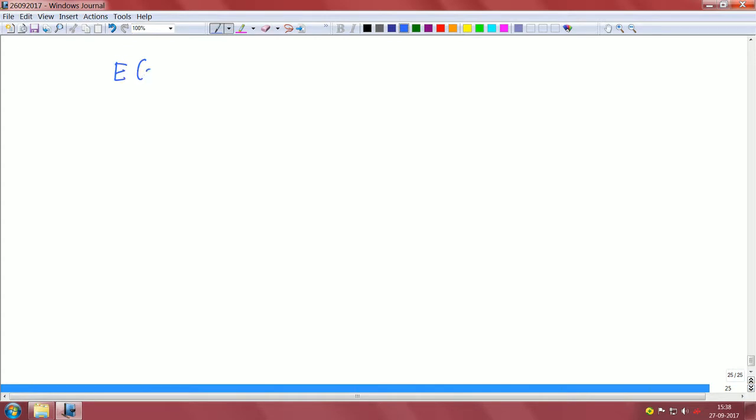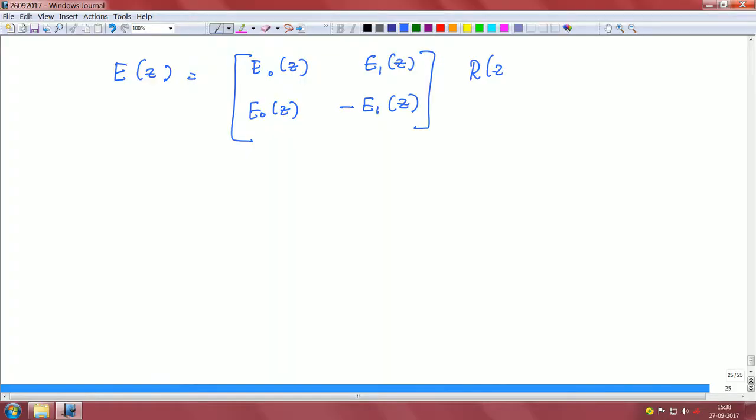Now, we have this E of z matrix in the form E naught of z, E 1 of z, and then this is E naught of z, minus E 1 of z, right. We saw how this came about, because if you have H naught and H 1 as a column stack, that was the matrix 1 1 in the first row, 1 minus 1 in the second row times the components. Similarly, we have R of z to be of the form, if we impose this structure,